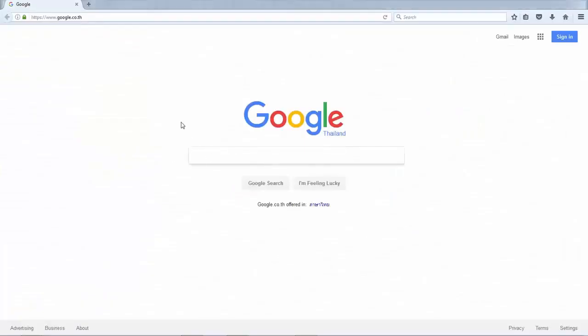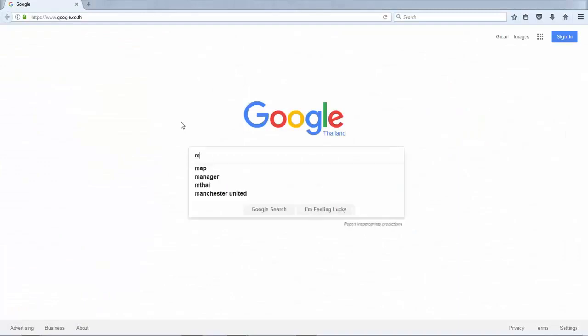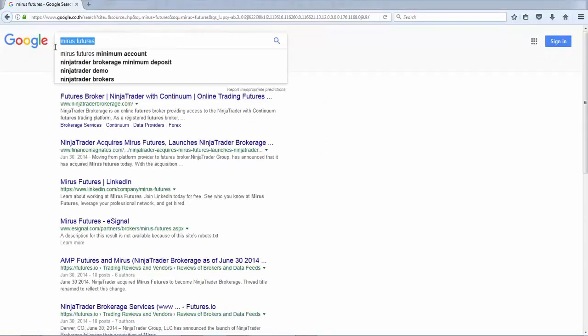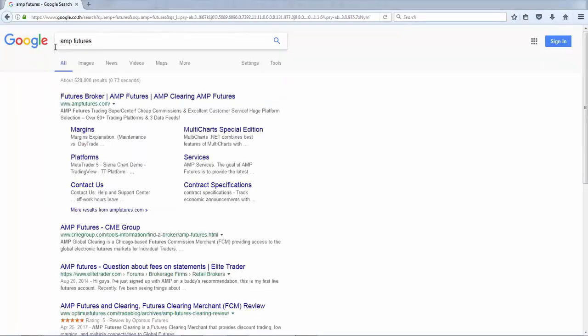First, I could show you the cheapest, which is like Mirus Futures. They use NinjaTrader or AMP Futures. These are just two. There's lots of them actually. Both of these brokers, as far as I know, require $500 for margin. So in other words,